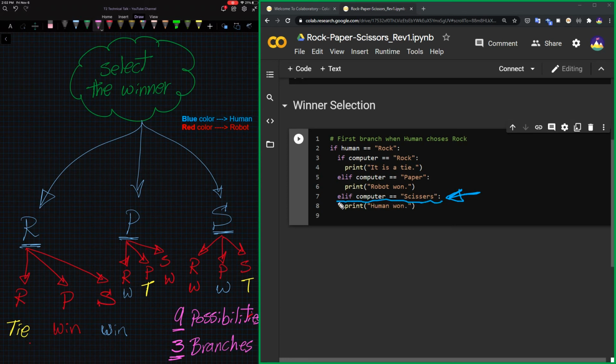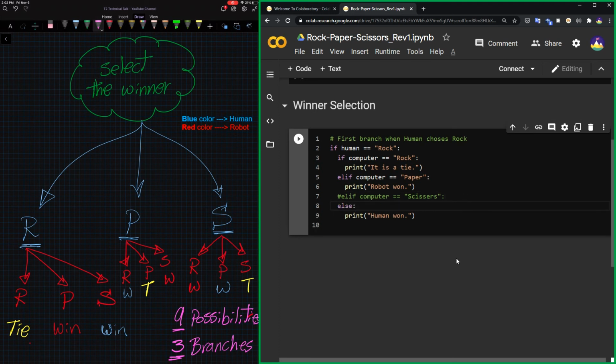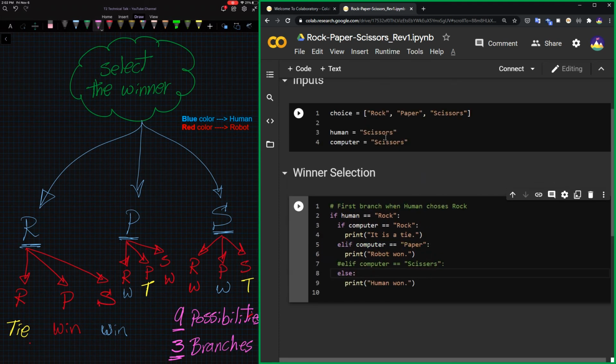Also, we can replace the last elif statement with an else statement. I will add a hash to elif line code number 7 to convert this line to a comment, so it will not execute as explained before, and at the same time it is not deleted, so I can go back to it in the future if my code trial doesn't work. Then I will add a new simple code line, else with colon, to execute the following line code number 9.